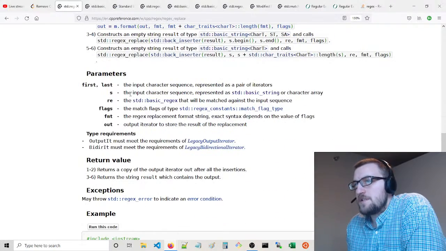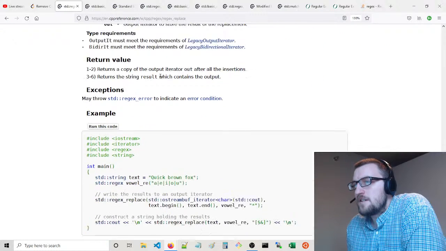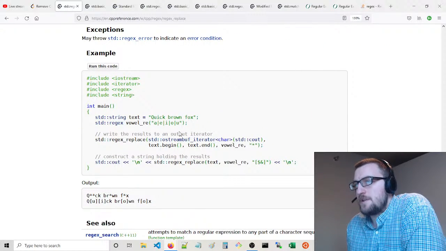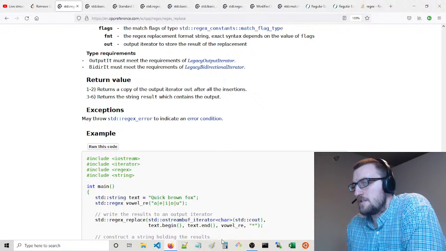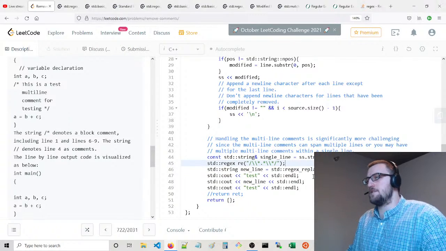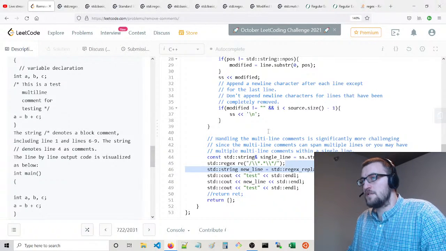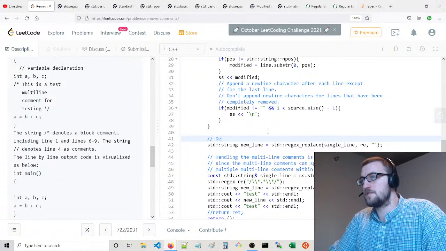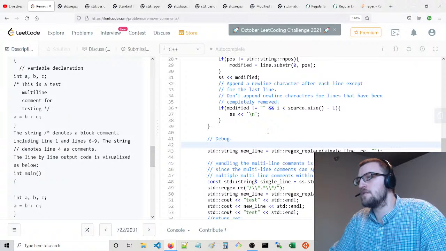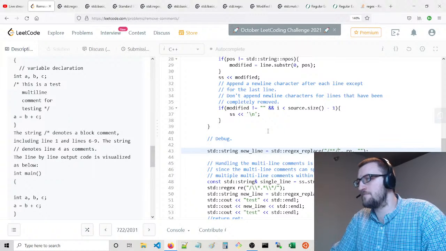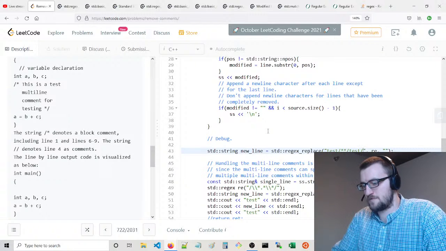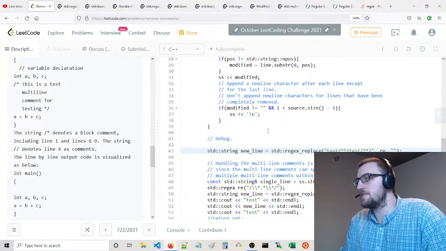Oh man, we can do this quickly though, right? Oh no. I think it stops matching if we have a new line character. We could test this, right? Basically debug. Test.